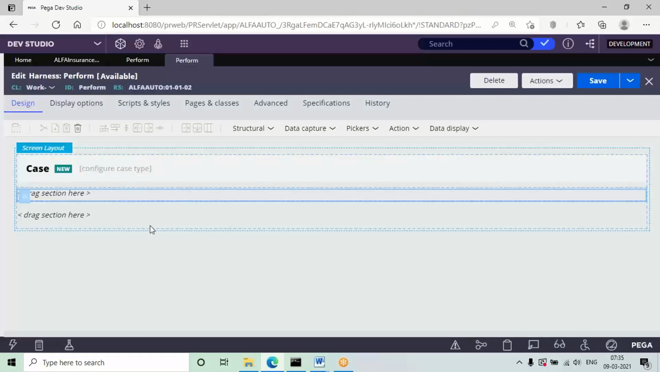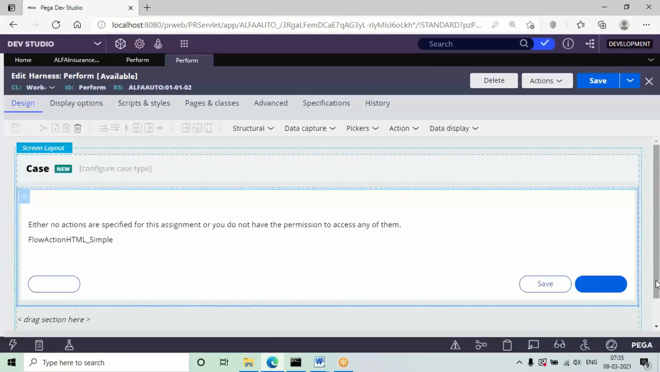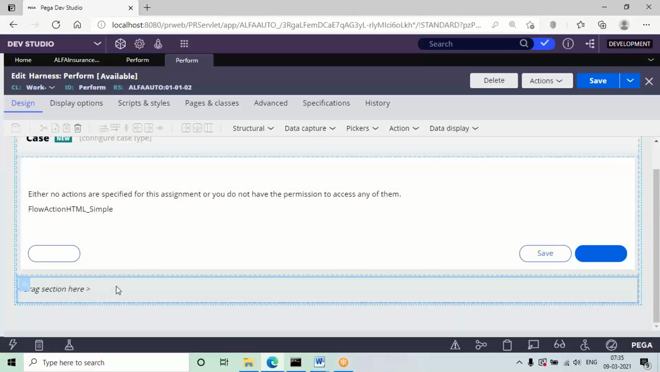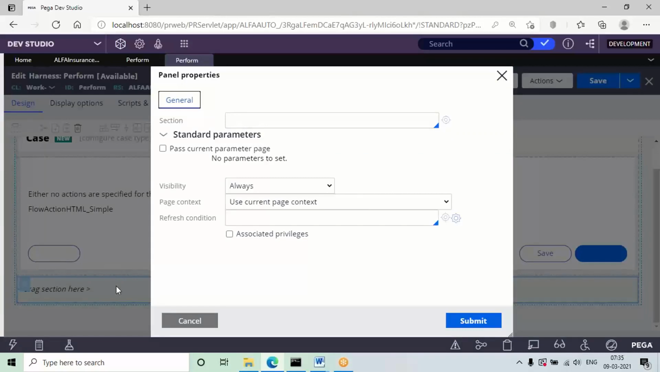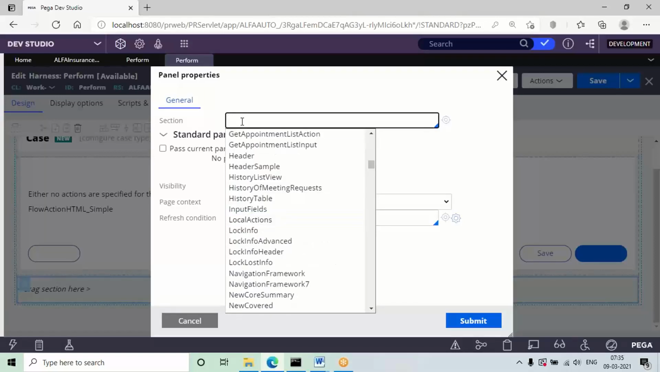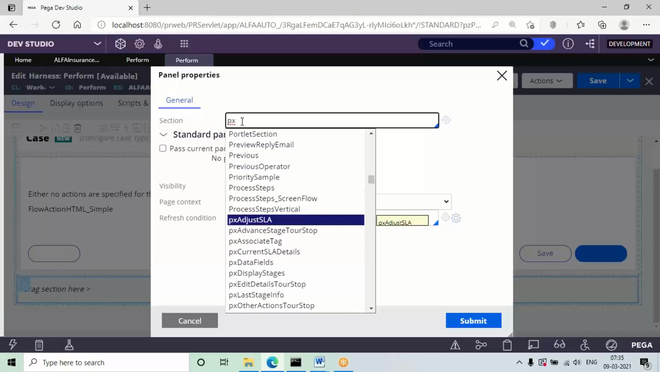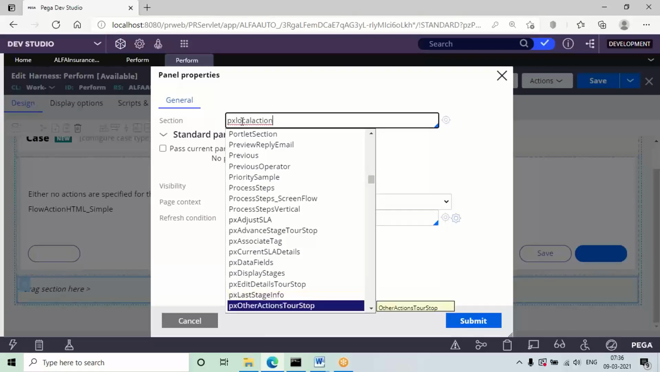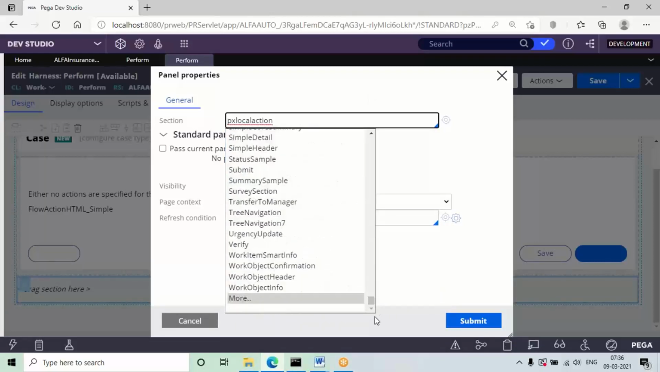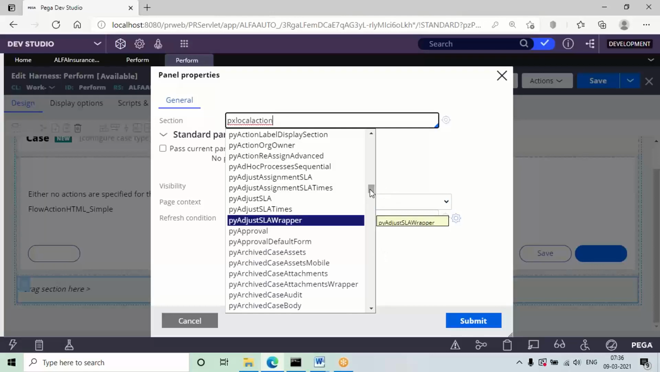And the third one is called a parameterized section. It is some internal, built-in section, but it will contain some parameters. We need to fill some parameters, because that is why it is called a parameterized section. The name is pxLocalAction, but you will not get this pxLocalAction directly in the drop down. In the initial drop down you will not be getting it. In order to add this, go to the more option, scroll down